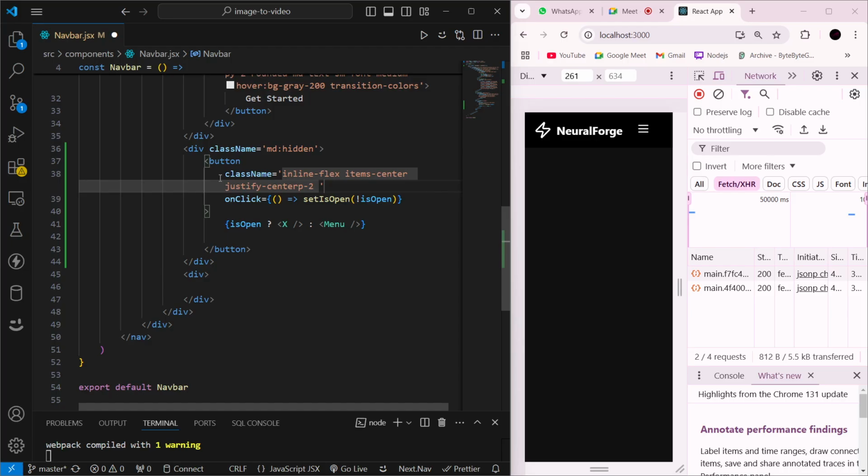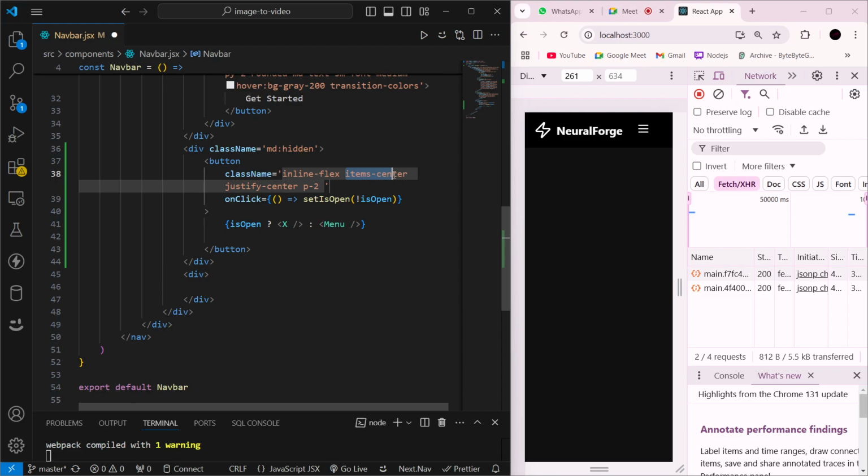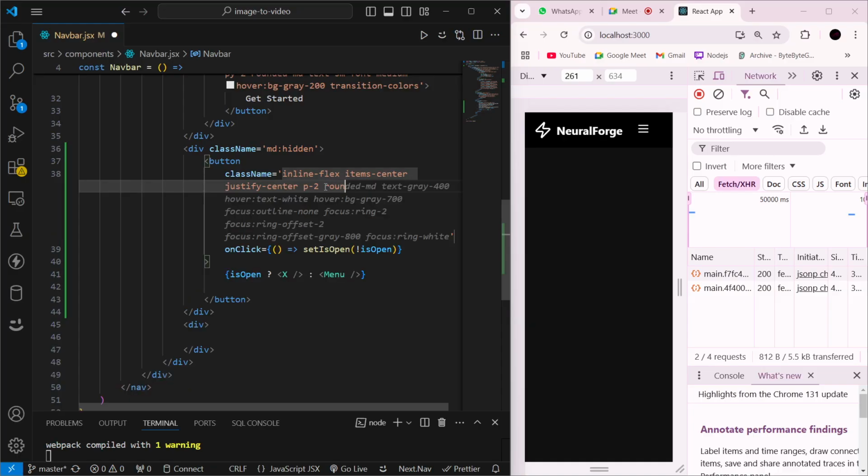What is the justify center and items center? Items center is going to center all the items. Justify center, if the things are in horizontal direction, is going to justify all the items in center. Okay. Next, after this, rounded, so we are going to add rounded